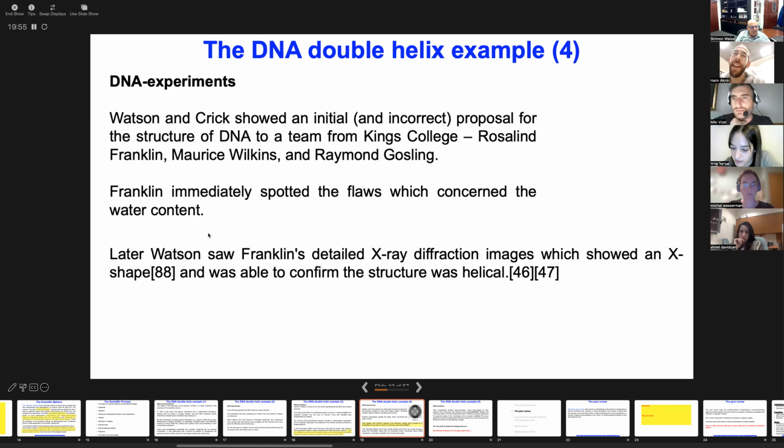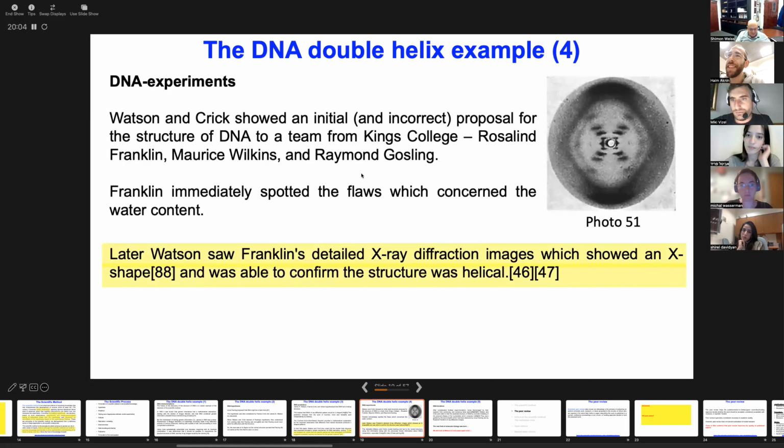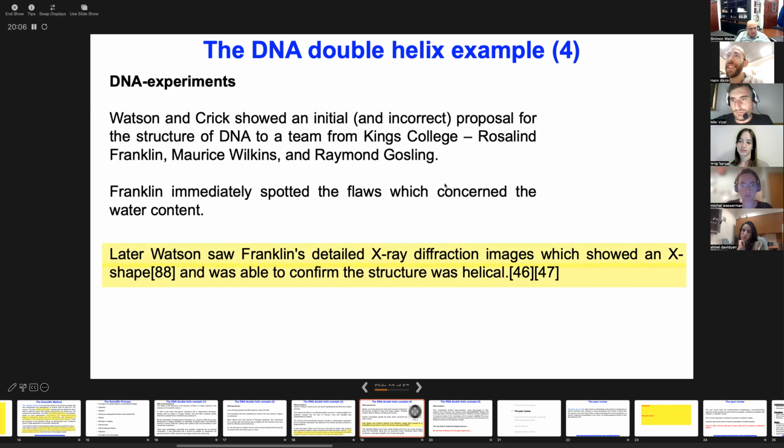Yes, I know there was some woman that took the data, and a few male scientists used their data. So Rosalind Franklin is the lady who actually took the data that constituted the Nobel Prize. Her advisor showed her data without her permission or knowledge to a competing group, to Watson and Crick. Based on the data, they rushed to publish a paper without acknowledging her. And based on that, they got the Nobel Prize.